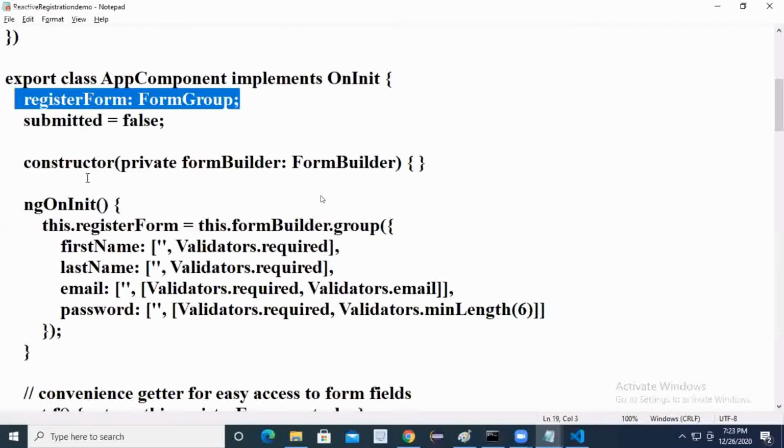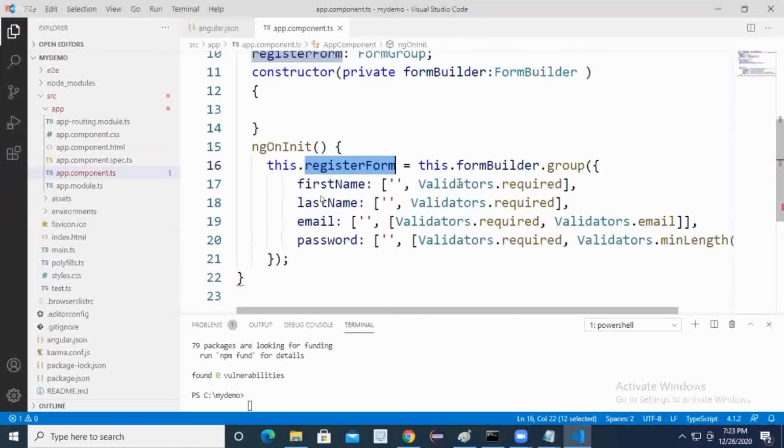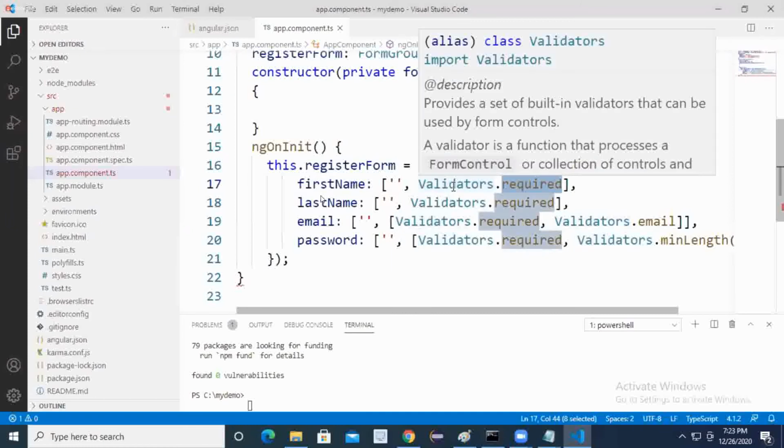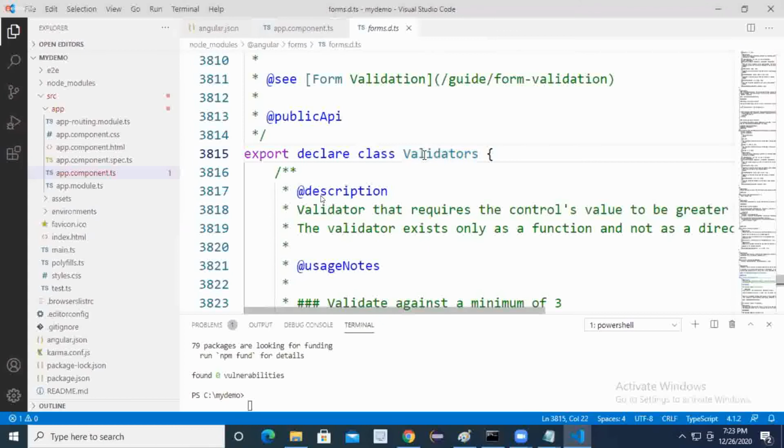Sir, I have a question. Yes, ask. What is Validators there? Validators is the class name. In this class, we are directly giving the actual object. Object name and class name are both the same here. Required is a static variable. Validators is the class name, so you can invoke this variable by using which name? The class name. Static variables you can access by using the class name. Here, go to definition and you will get it. Okay. What is Validators?